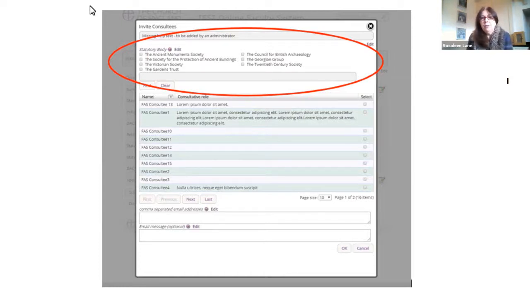So if the Victorian Society was ticked with the Georgian Group, then the Victorian Society and the Georgian Group will automatically get an email to say that a consultation is awaited for